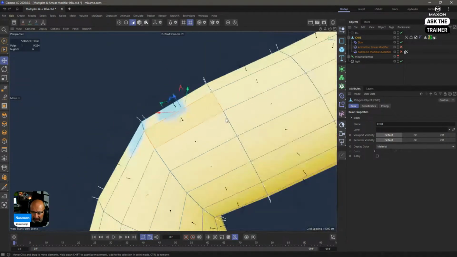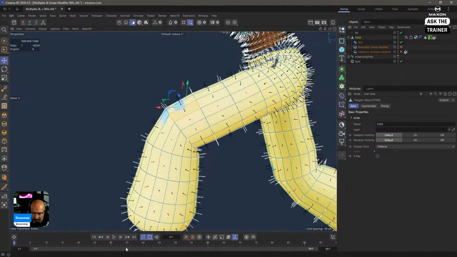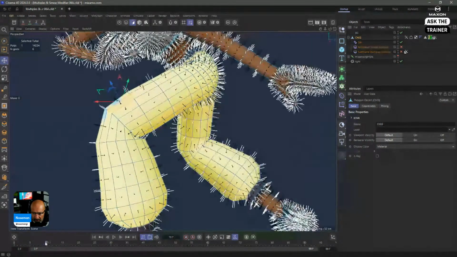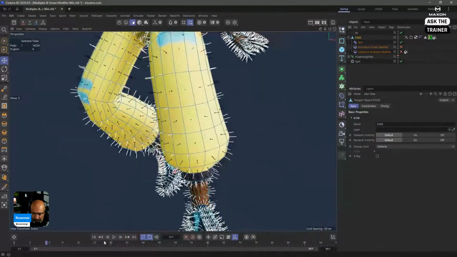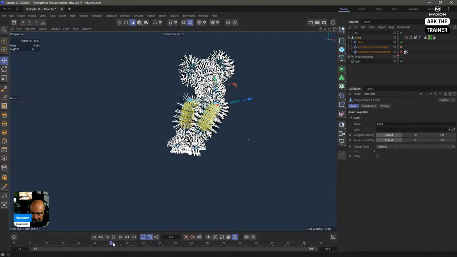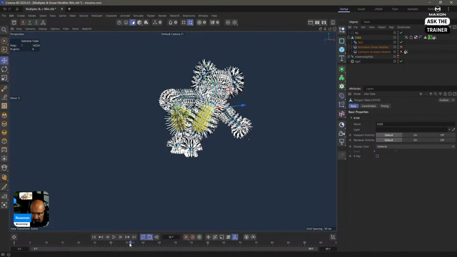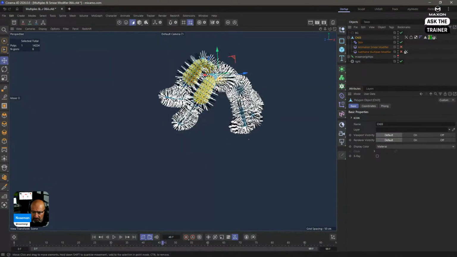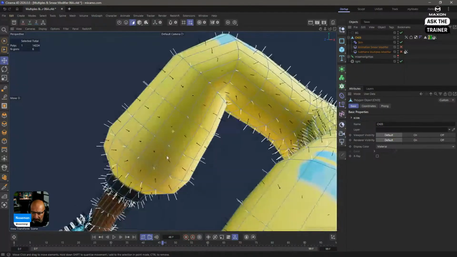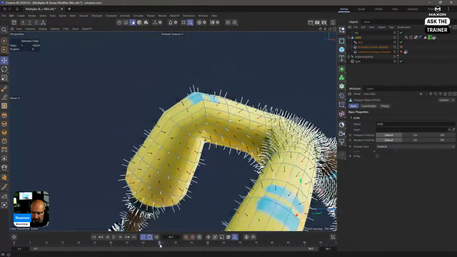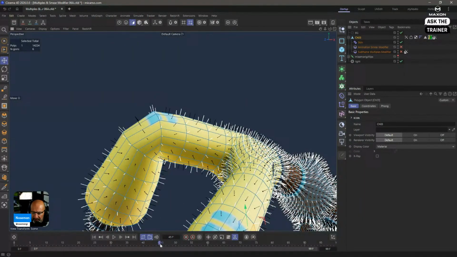Now, why am I explaining this? Well, here is a principle. You can see that with each animation frame, let's find something that has a bit of extreme motion. Let's go find a frame where we get, there you go, the hand. Look at that. Or the leg. There you go, the leg, right? Let's go to this part of the model. Let's go here. You can see this is moving in a certain direction, and especially the top of the knee is moving upwards.